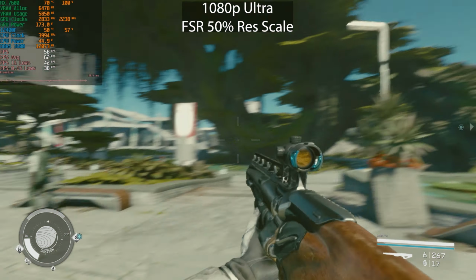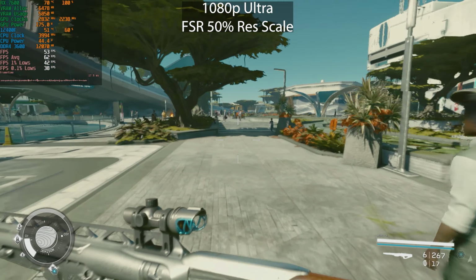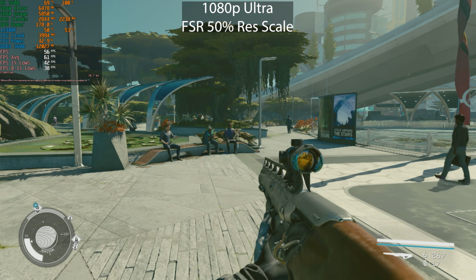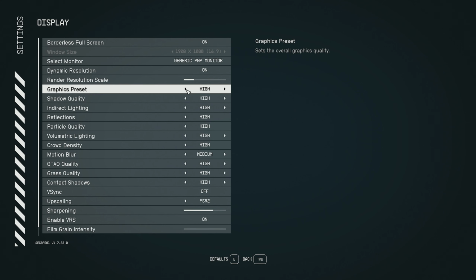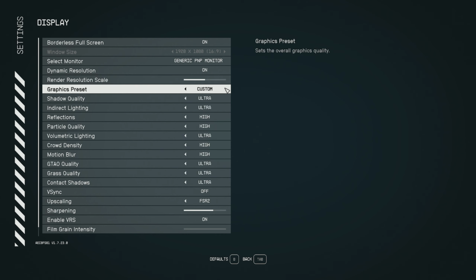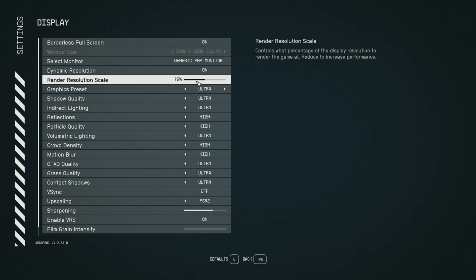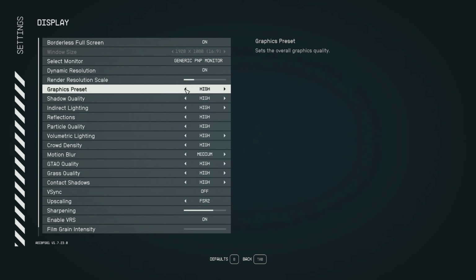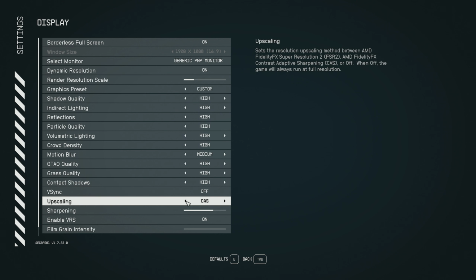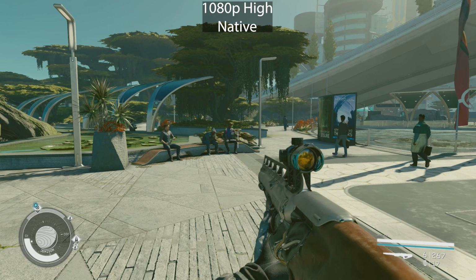All right, so no way we can get 60 frames per second at 1080p on the Ultra preset. So let's just go down to the high preset. Now, one thing that you just need to note is that if you play around with the presets, you'll see that the render resolution scale gets adjusted as well. So even on the Ultra preset, it starts off with a render resolution of 75%, right? So that's definitely not native, but we'll go down to high and we'll disable FSR because we want to test it native. And let's just start our counter here,